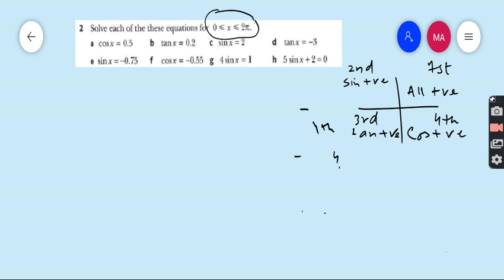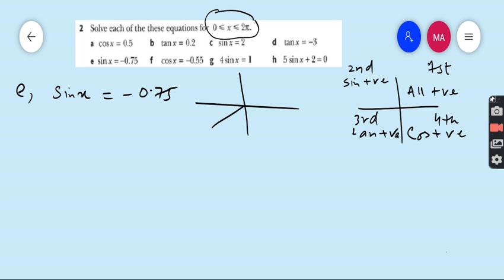Come to part E. This part was very important. Part E is sine x is equal to minus 0.75. So sine is negative in third and fourth. So first we have to find the basic angle. x is equal to sine inverse minus 0.75. We will get minus 0.84,